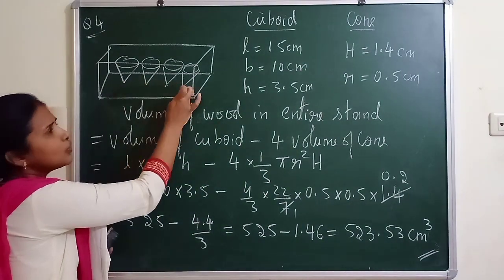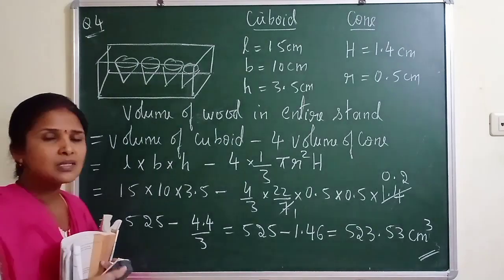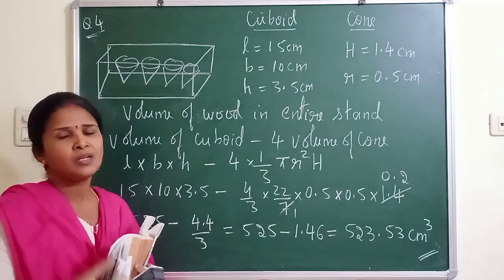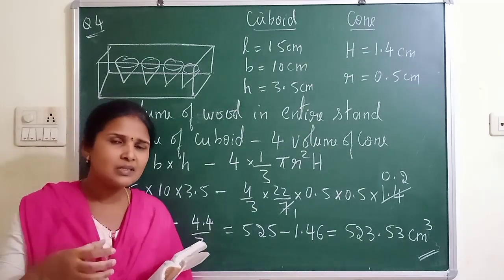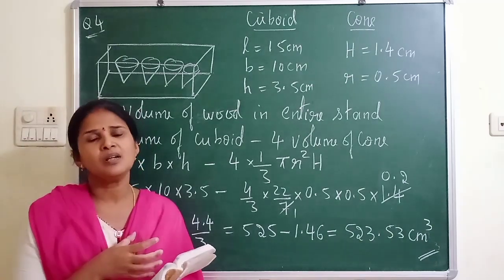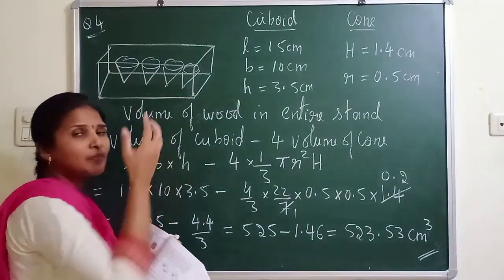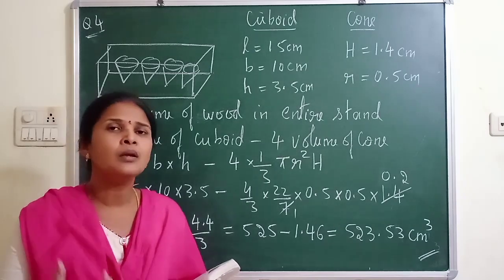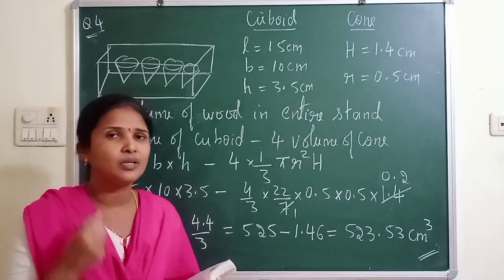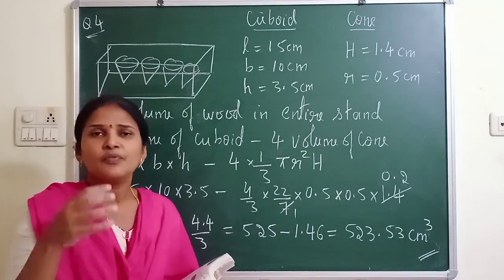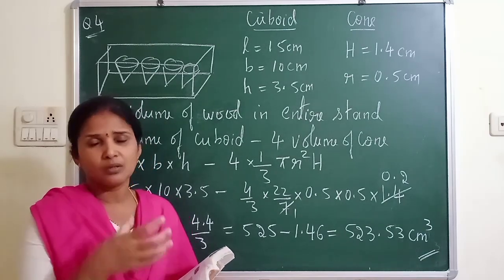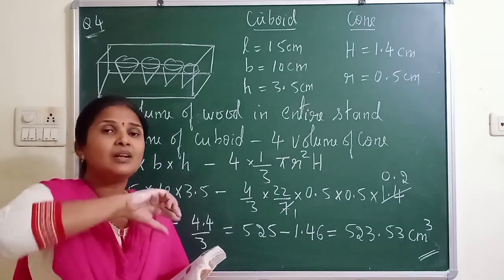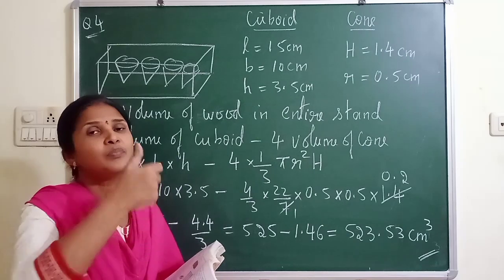So how many holders are you making? 4: 1, 2, 3, 4. For 4 pens you are making holders for that stand. But the base of the stand is in which shape? Cuboid shape. So what does the carpenter do? He takes a cuboid shape; he won't directly make the cones, but first he has to take the base, the full solid. What is the full solid he has taken? Cuboid shape, which is in the form of wood. So from that cuboidal block, he has made 4 conical depressions. Meaning what? He will remove the wood from the cuboid.